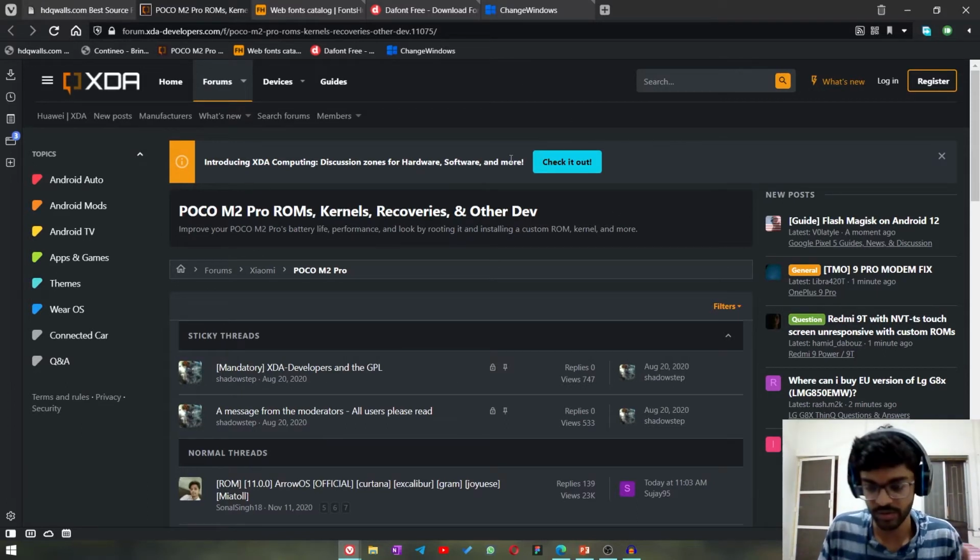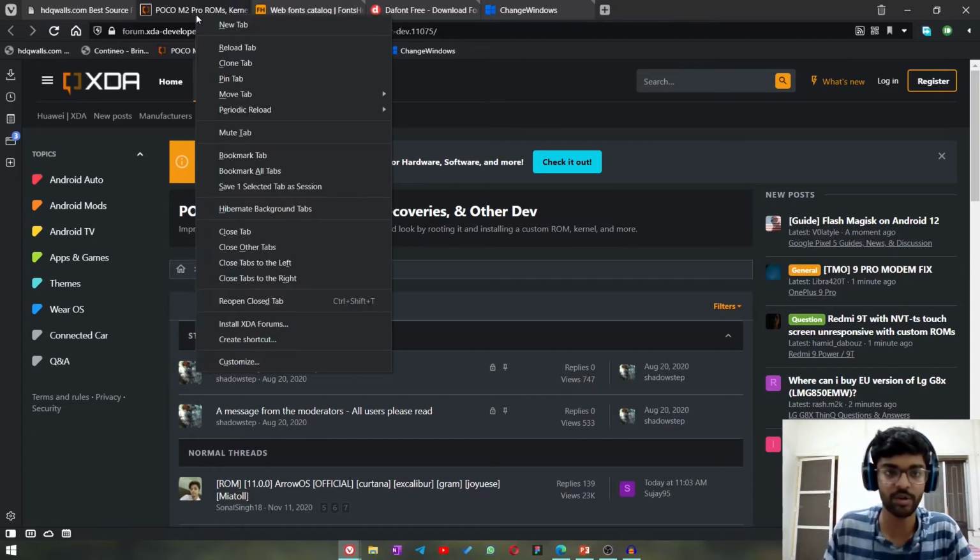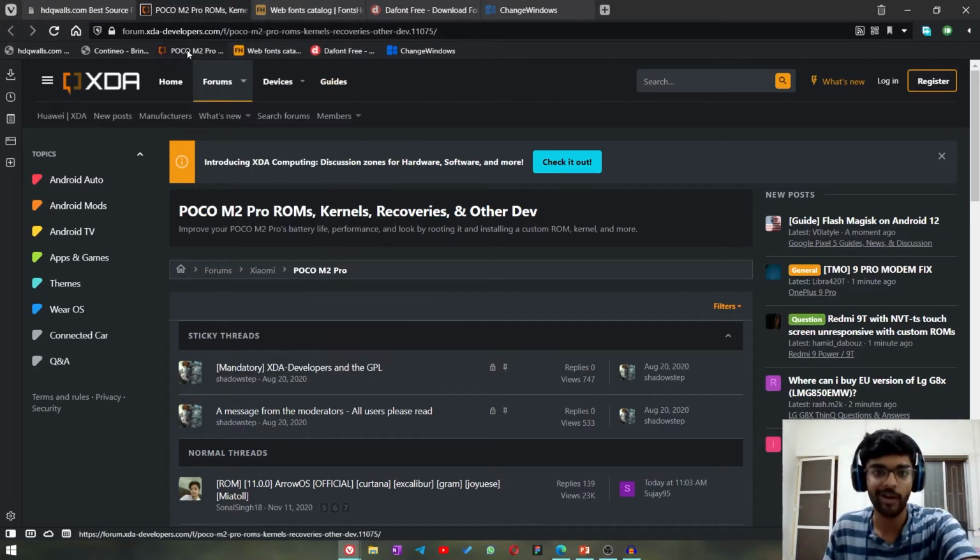Let's say I'm using it and I notice that my laptop is not working well, because let's say there's a lot of tabs open, or maybe I use my data hotspot, my mobile hotspot, and my data usage is climbing and I do not want it to be used too much, because usually what happens is websites do tend to, even if you're not doing anything on it, use a little bit of data in the background. So what do? On Vivaldi there's an option. You right click, you click hibernate background tabs, and all of them are hibernated.